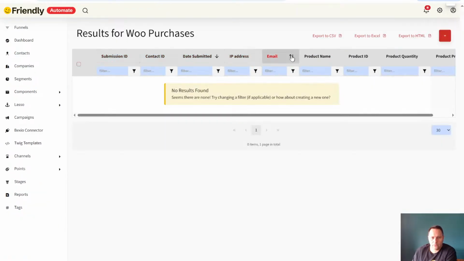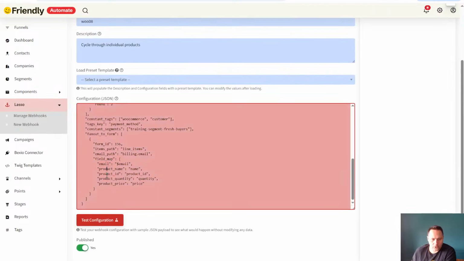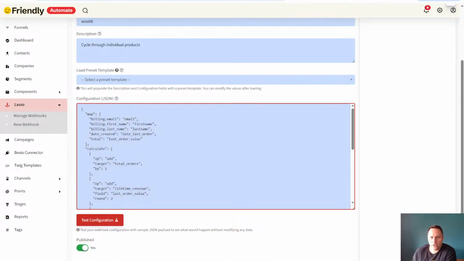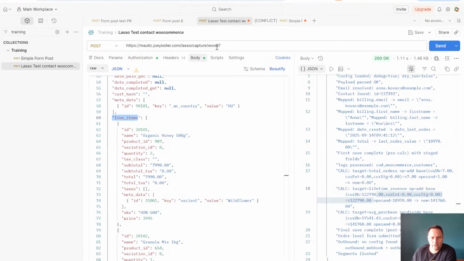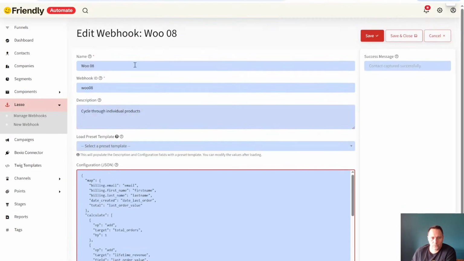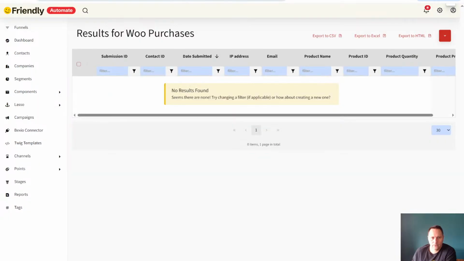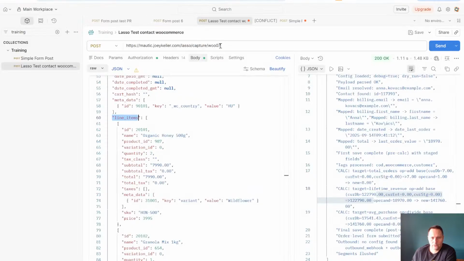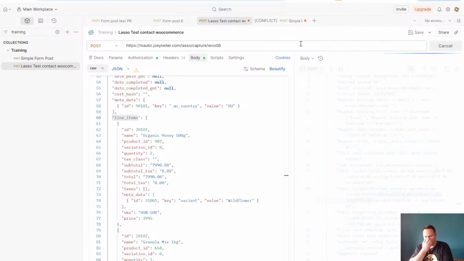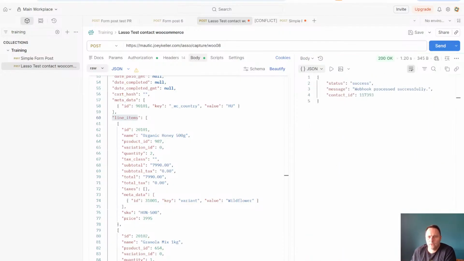So the email field, which is this one, product name, product ID. So here I have product name, product ID. So I'm basically taking the same thing. So whatever is here in WooCommerce, I'm saving like this in Mautic. Okay, and I have no debug on this one. So let's run. Let's see how that works. This was my WooCommerce 8. Okay, done. So let's see what happened to my